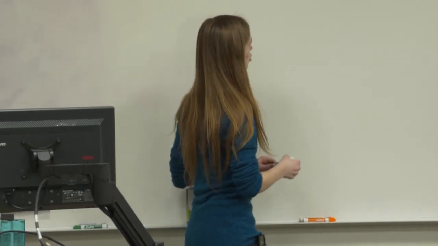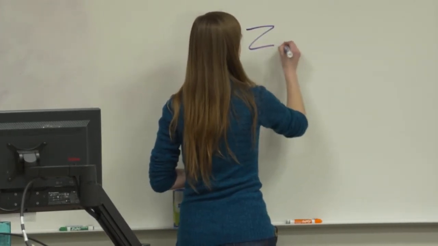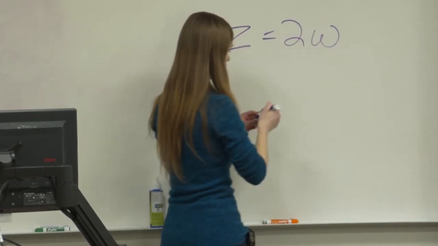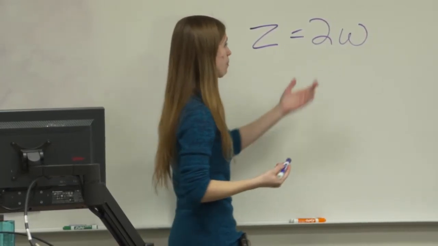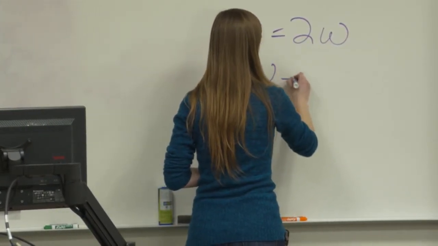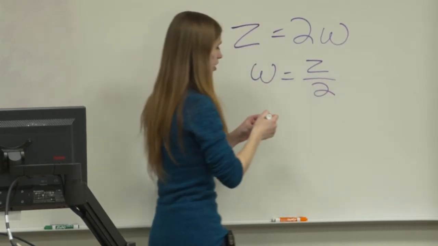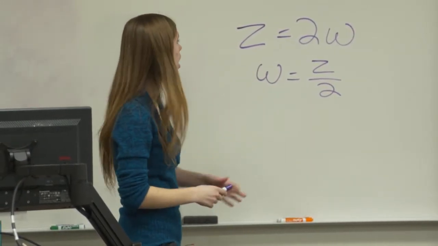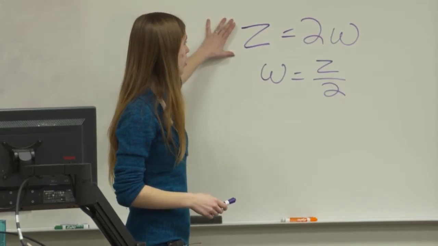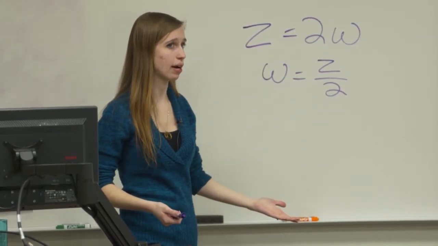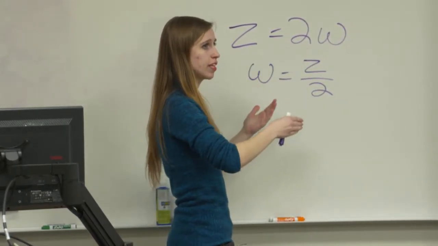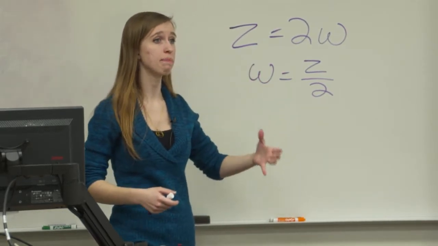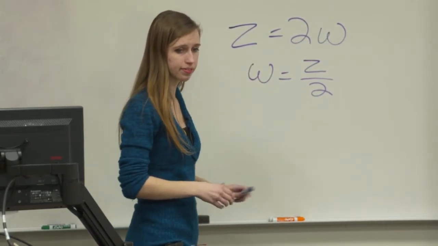When you see an equation, going back to our Z equals 2W, by moving pieces around, say by dividing by 2 and solving for W, we are in a sense asking a clarifying question of our original equation. We are asking, well, what does that say about W? And by asking the question and moving the pieces around, the equation responds back to us by giving a result.